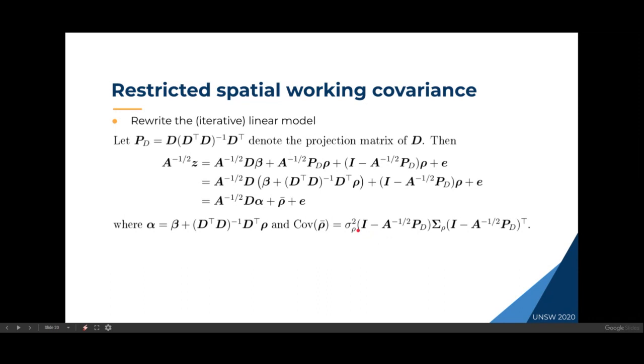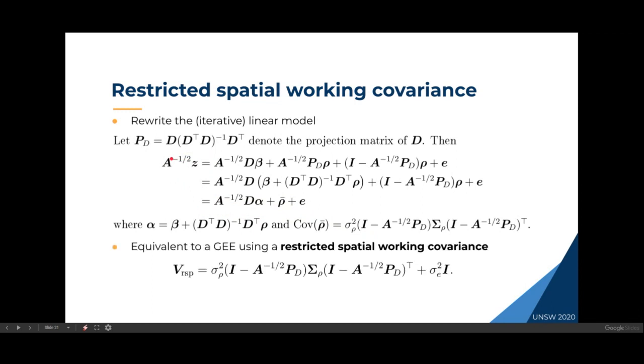But really the key point out of all of this is that if I now think about this working linear model, which is the same one as before, and then reverse engineer and back out into the GEE world, what it seems to suggest is that if I take a GEE, but instead of using an unrestricted spatial working covariance, I use what is known as a restricted spatial working covariance, which is basically the covariance of rho bar plus some nugget effect, or the same nugget effect as before,